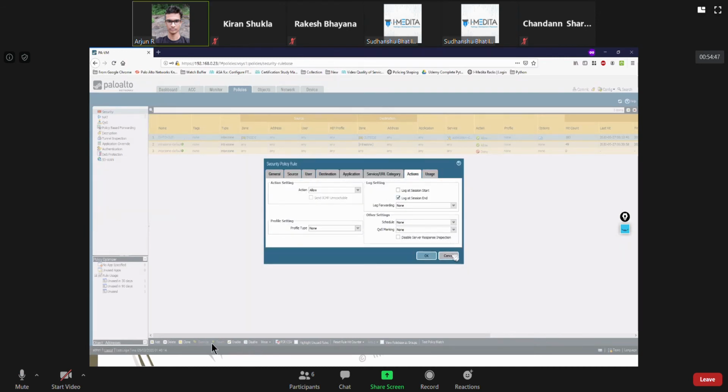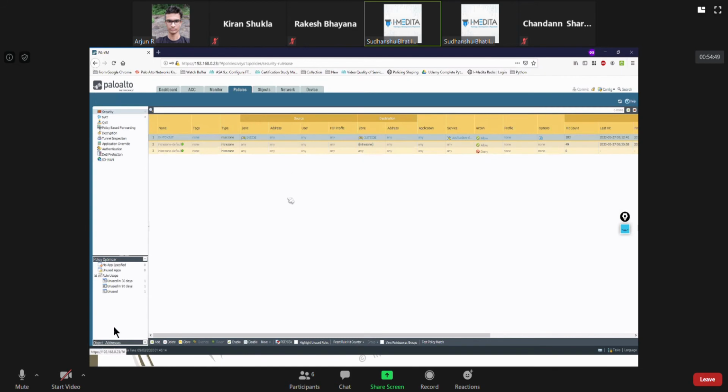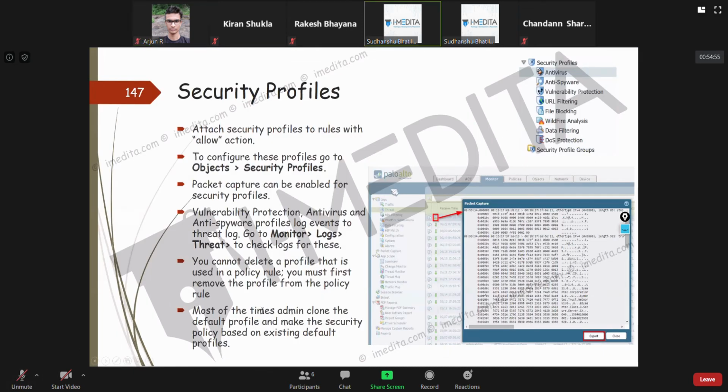Disabling is still like having the rule in the database. It's like a reference point. In the security policy, there is a reference to the profile, so you cannot delete it until you remove this reference.